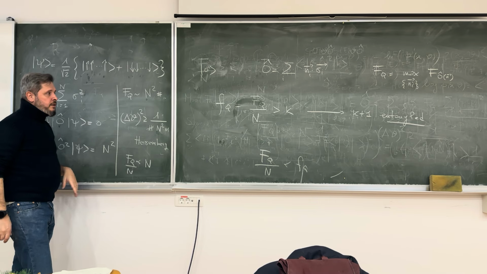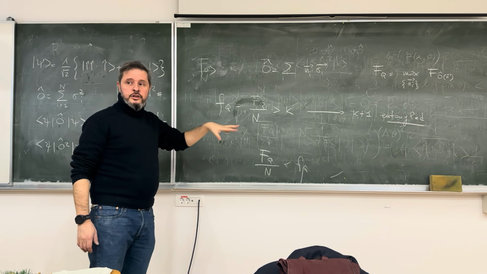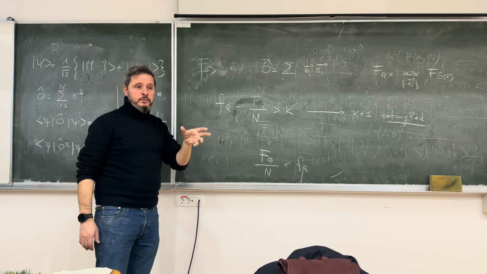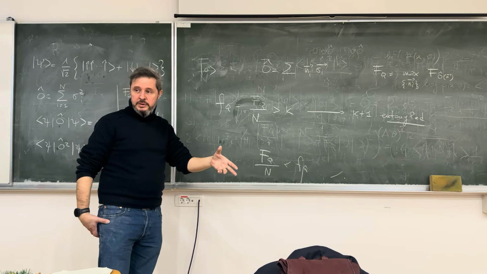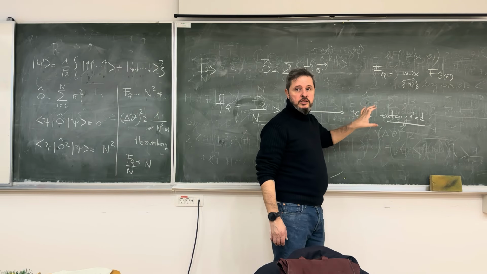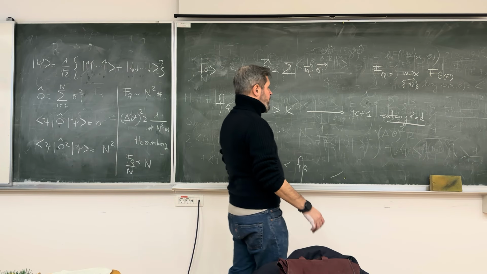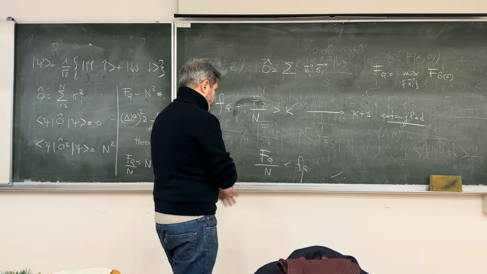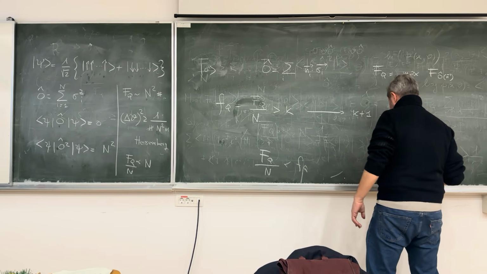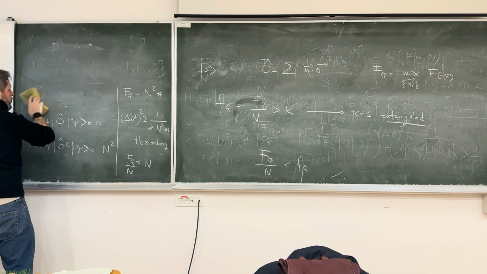Okay? So what I wanted to say is that this quantity does not only give you information about the precision with which you can infer measurements, but it also gives you information about how many parties in your state are entangled. That's the statement. All right, so now that I gave you a long introduction about the Fisher information, let's go back to Kitaev.